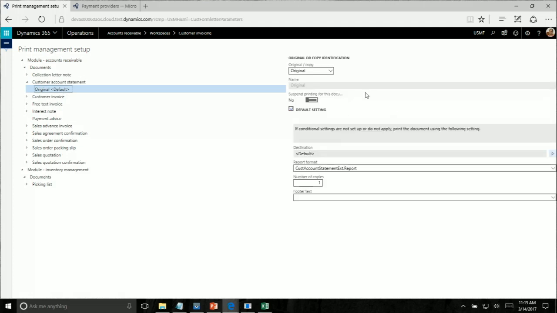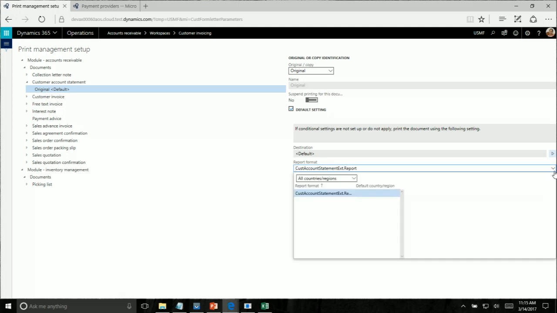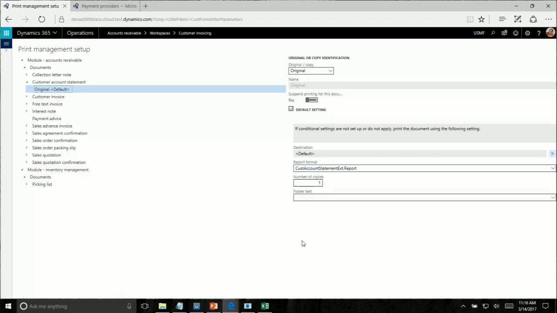You can choose whether you want to send an original or a copy. You can stop printing a certain document in your company if you'd like to. You can select the report format that you want to use when printing a given report, and you can override all these settings on the customer level. So you can define it per customer basis. So if you wanted a different report format assigned to a customer, you can do that. Also,